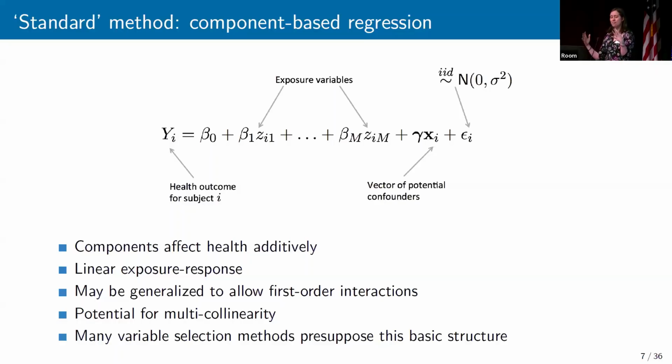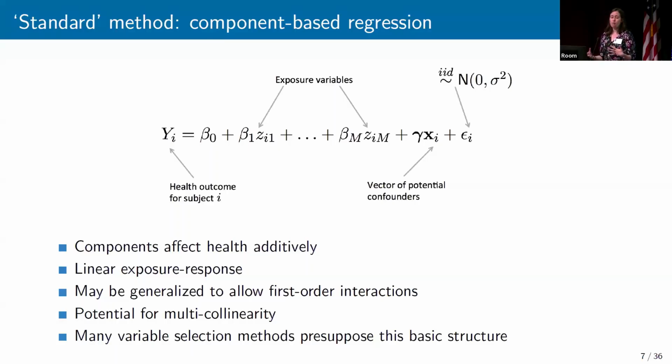Once we start throwing in lots of interactions, and nonlinear effects that are allowed to have interactions, if we apply a standard spline-based model with interactions, we can quickly lead to an ill-posed problem where we have a larger number of predictors as compared to our number of observations. And then we can have problems with fitting those models. So there's a challenge in applying this if we want to allow more flexibility. And then there's also a potential for multi-collinearity. If we put multiple exposures in there that are highly correlated, we can have that reversal paradox that Chris talked about, where because they're highly correlated, it may look like one is having a negative effect, but it's really because they're competing to try to explain that variation in the data.